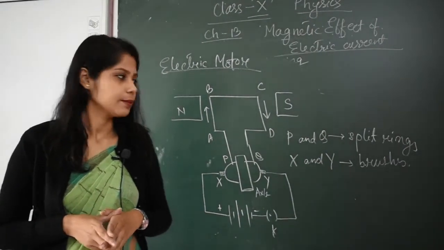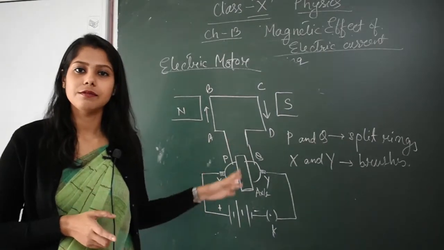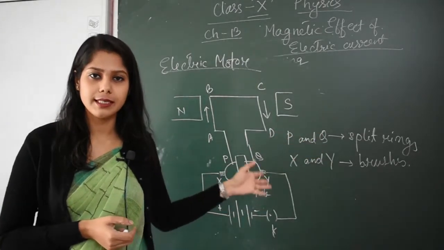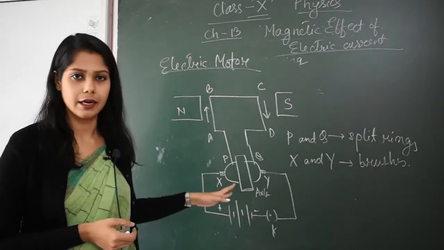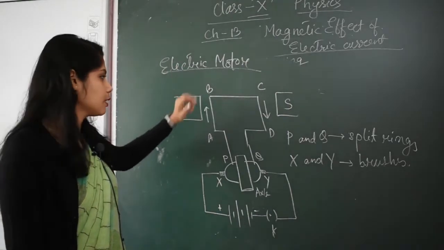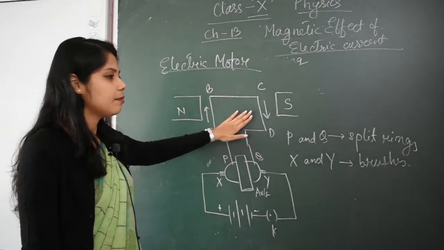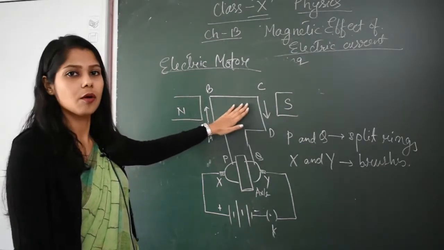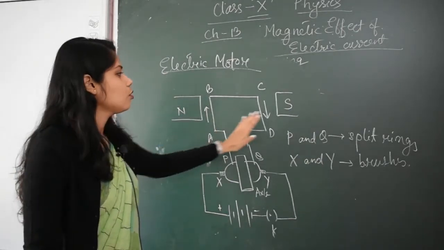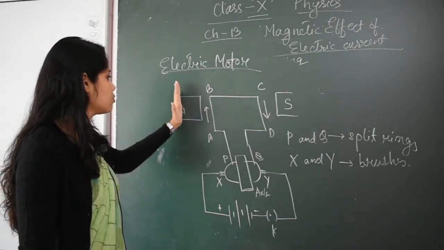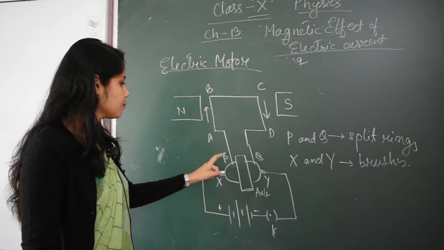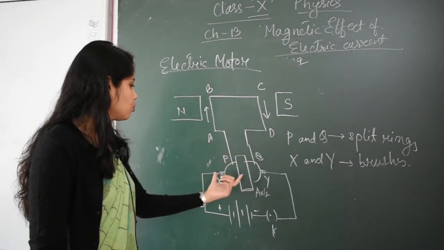Remember, not the construction. But for exams, if you have to write the principle of the electric motor, or the split rings or the brushes inside this motor, then you have to draw this diagram. First, for the basic construction of the motor, I am taking ABCD, a rectangular coil of insulated copper wire, placed perpendicularly between the two poles of a magnet. The magnet is placed in this way, and the copper coil in this way. They are placed perpendicularly, and connected to two split rings.